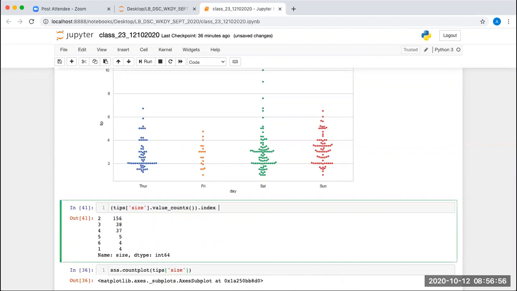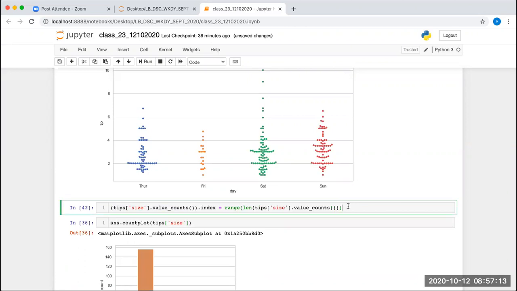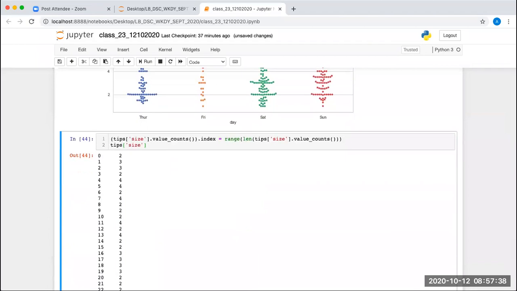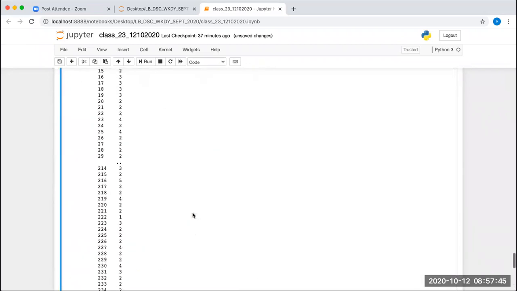Dot index is equal to... now if I print this, we can get this sum.